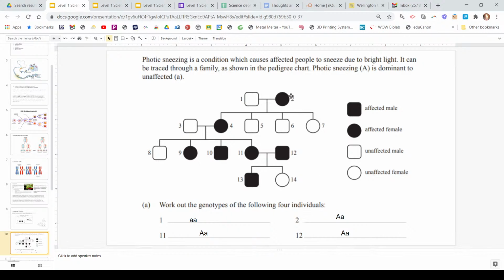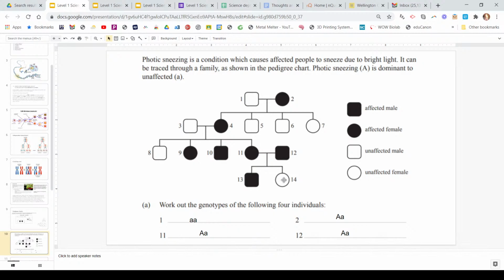Number 2, this is an affected individual, an affected female in this case, and we can see from their offspring that they had a mixture of affected and unaffected. If the affected female was homozygous dominant, i.e. big A, big A, then she could only pass on a capital A into every single one of her gametes, which means that every single one of her children would be affected. Because that's not the case, we know that she must have a recessive allele in there as well, and so she would have to have one capital A and one lowercase a. Number 11, so over here again, number 11